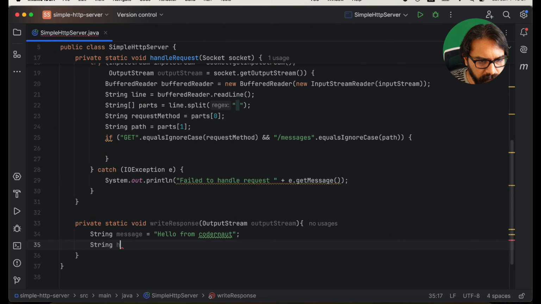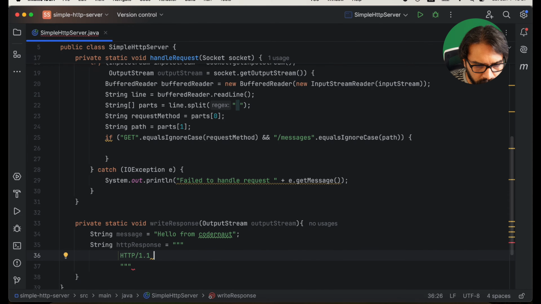So now let's define httpResponse is equal to HTTP/1.1. This is the protocol and version. Here we say 200 OK, and in the next line we have Content-Type,